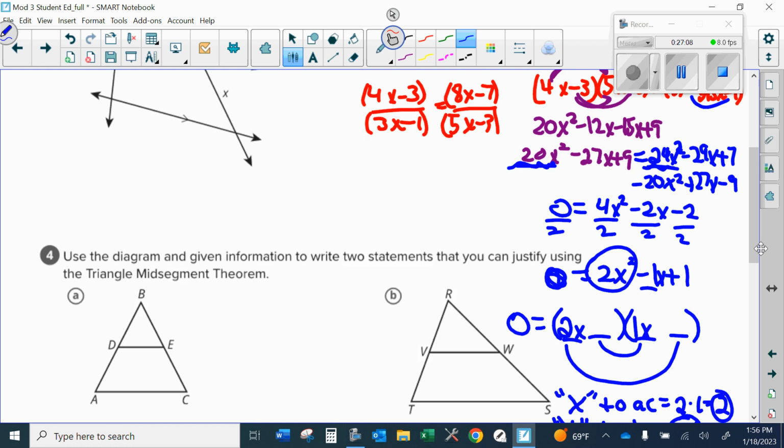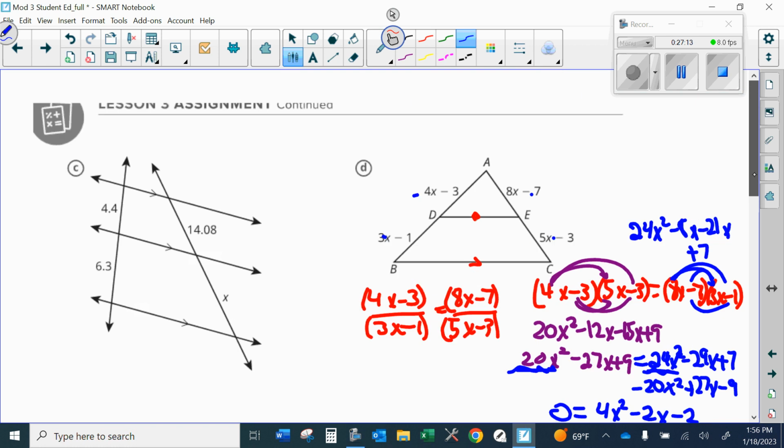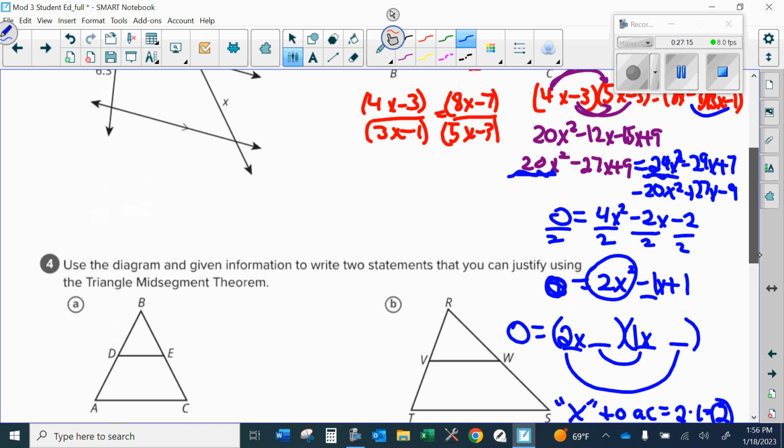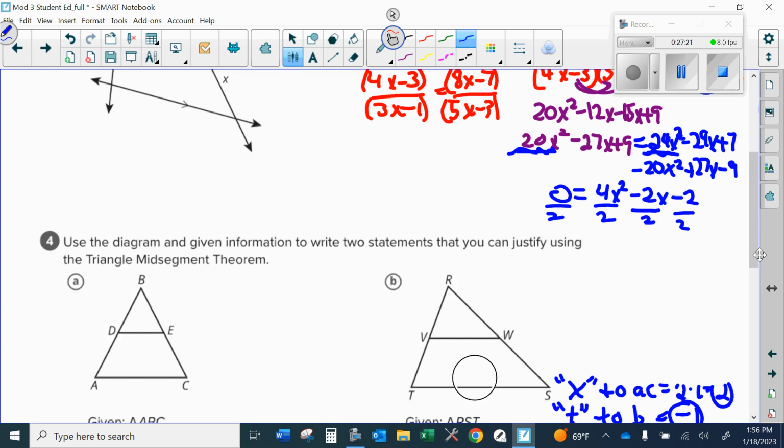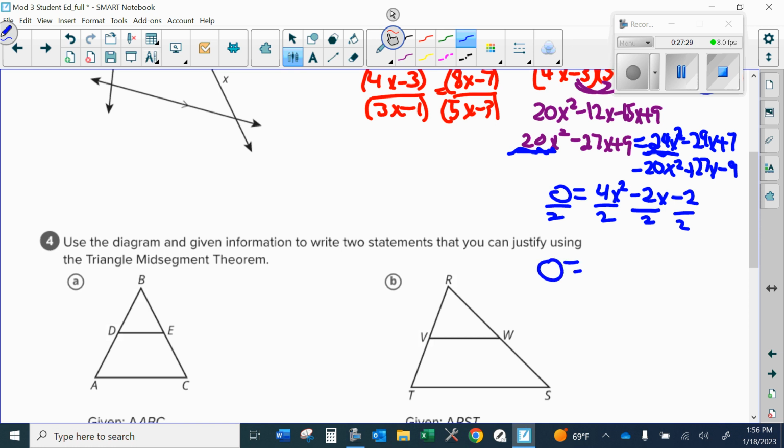Okay, so what this one would be is you'd have to plug this in the quadratic formula. So let's go ahead and go to quadratic formula now. Okay, now this could be a graphing calculator problem. If it's a graphing calculator problem,